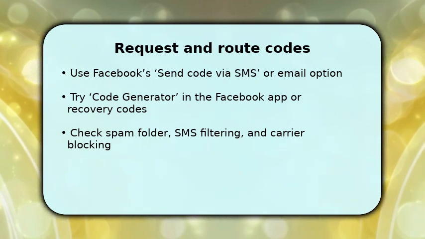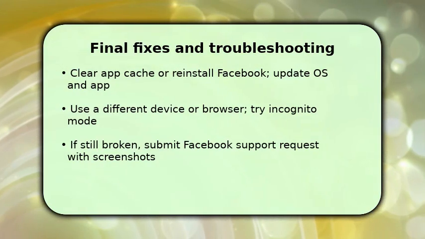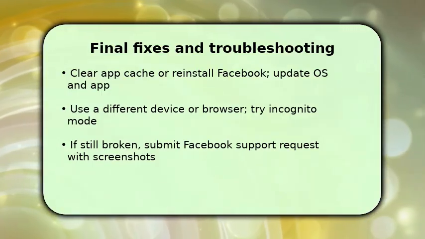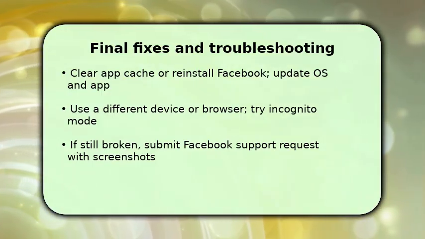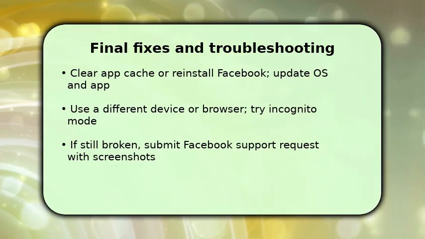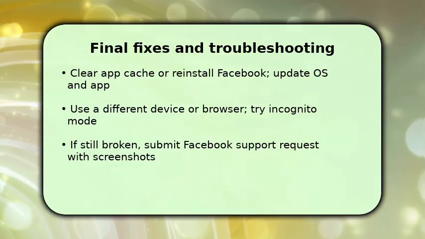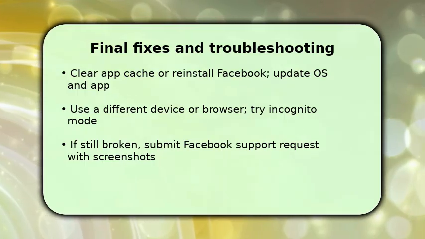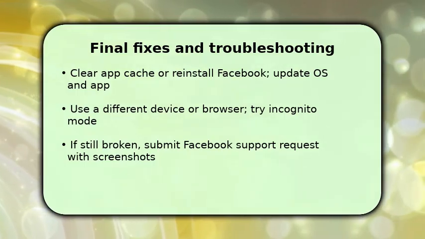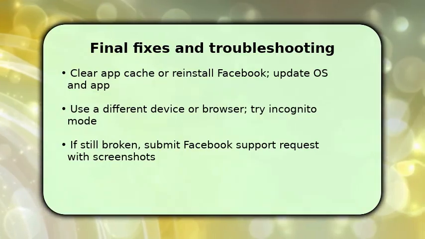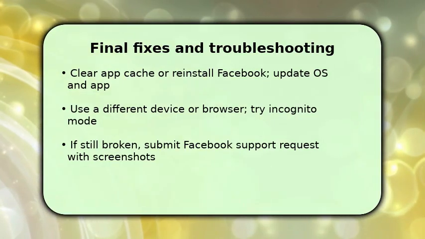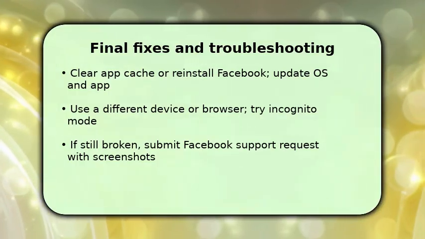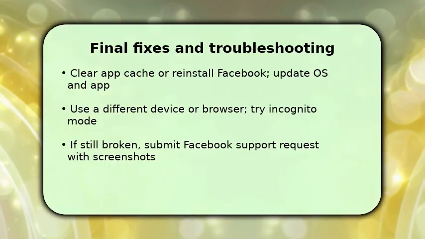To finish, clear the app cache or reinstall Facebook and update both your operating system and the app. Outdated software often blocks code delivery. If that fails, switch devices or open Facebook in a different browser or incognito mode so extensions don't interfere. As a last step, use the Need More Help flow to submit a support request and attach screenshots showing failed attempts. If nothing works, one key tip: contact your mobile carrier to confirm short code SMS is